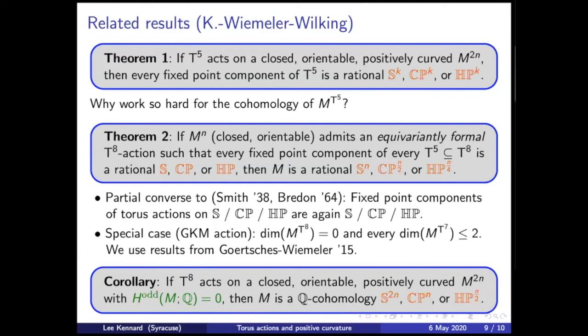We think this is the best evidence yet that it's hard to produce positively curved metrics with any symmetry. In large dimensions, T8 symmetry doesn't seem like that much. But nevertheless, assuming this green condition, you only get these three rational types. I put this condition in green because it reminds me of the b3 equals 0 assumption from long ago. Maybe this is not needed.